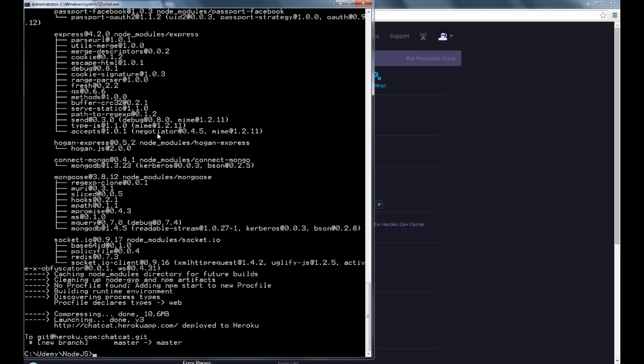Alright, so we have successfully deployed our app. It says chatcat.herokuapp.com deployed to Heroku.